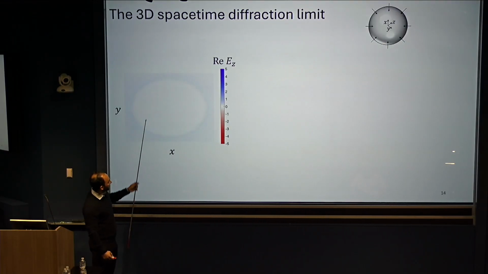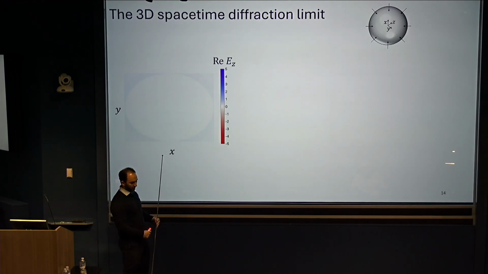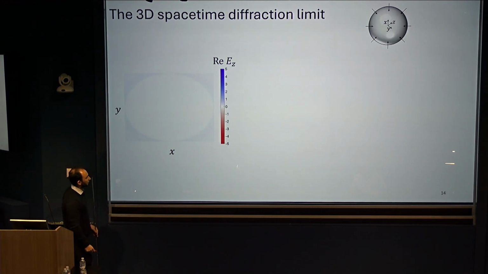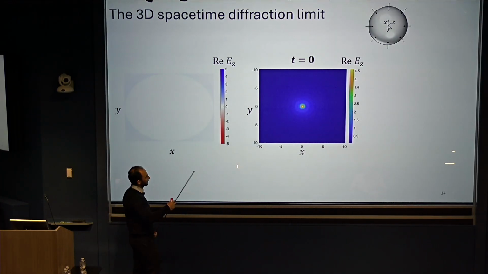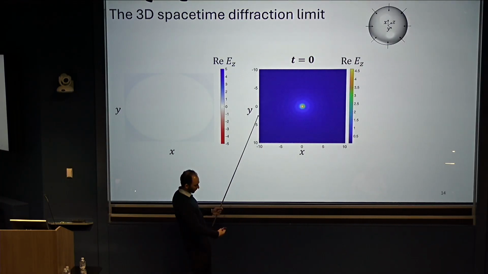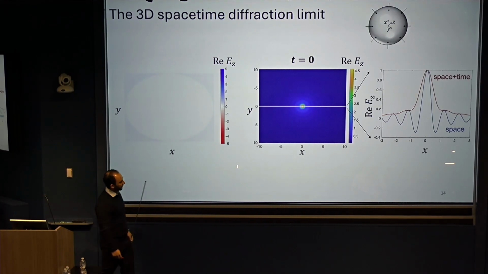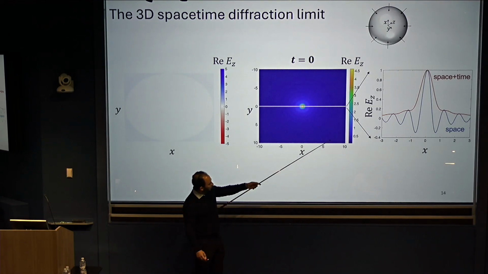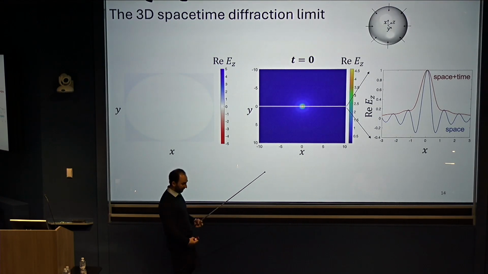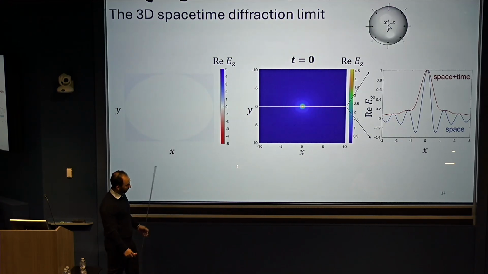I have sort of a not great visual in the plane of the z-pointing electric field for such a pulse that comes in. But if we just pause at t equals 0, it looks like we have a nice focus spot in the xy plane. But if we dig into that, again, you see that these localized pulses maximized for space and time are significantly broader than those just in space.